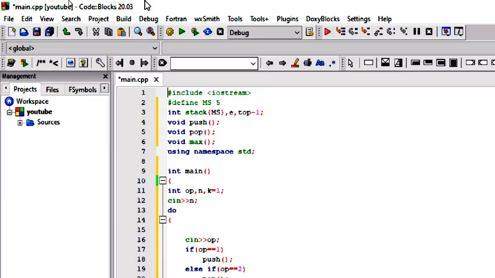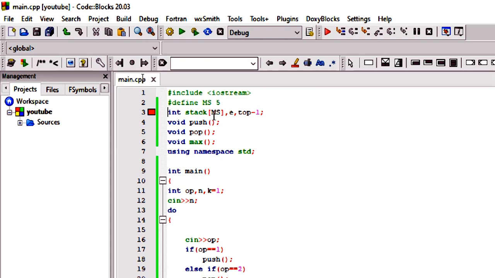Let's run it, guys, checking whether our code is right or wrong. Int stack, top minus. Okay, guys, here I'm not using the array braces, that's why it's showing me an error. Let's run it again.